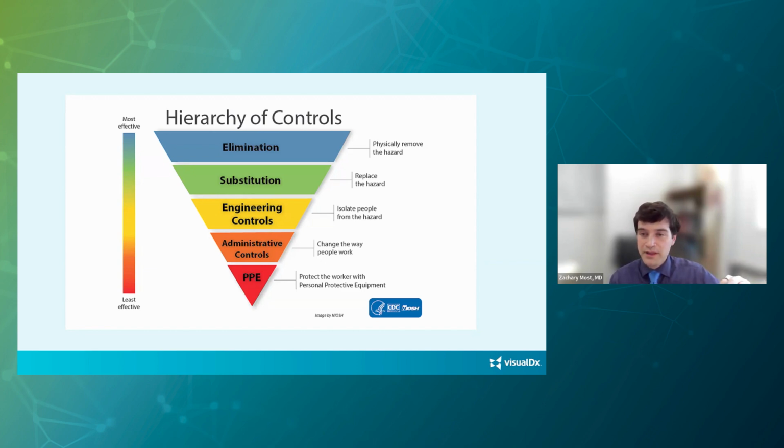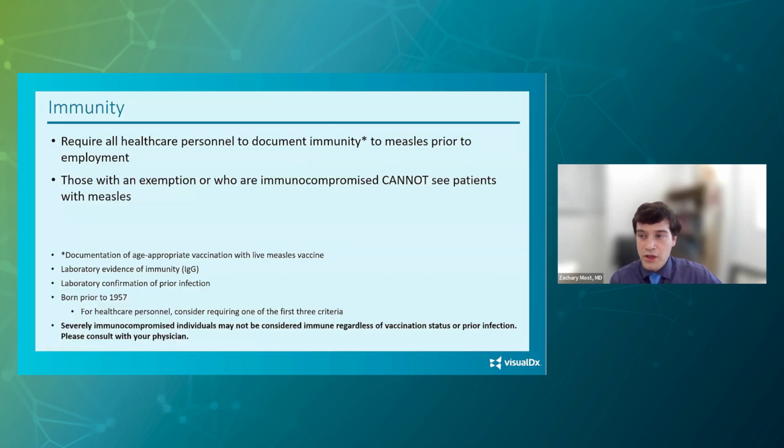And so thinking about something like measles, elimination: if we could eliminate measles from the United States, that would be the most effective way to prevent anyone from getting measles in a healthcare setting. Whereas the things that we think about perhaps the most, like do I have N95 respirators and the right PPE, is actually the least effective of all of the interventions that we do in preventing the disease. It's still important, but it goes to show that there's a lot of other steps that can help to prevent the infection. So really the most important step is making sure that healthcare personnel are immune to measles.